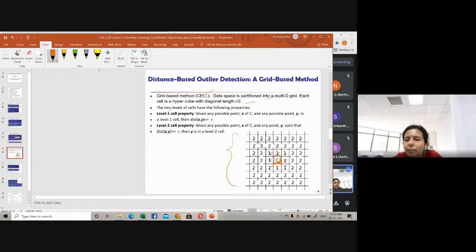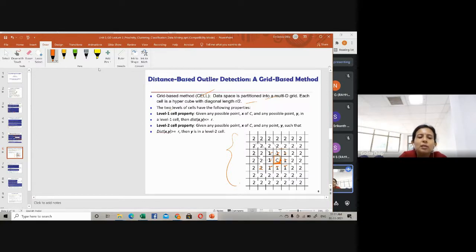Okay, so all these are immediately next to C, so those are being labeled as 1. Level 1 cells. And the cells which are one or two cells away from C, in whatever direction it is, vertically, horizontally, diagonally, are being marked as level 2 cells, labeled as 2. So the remaining ones, other than this one, whatever comes, is level 2.